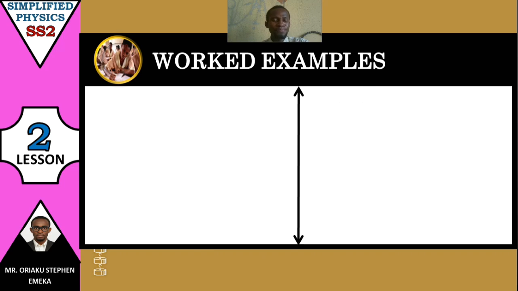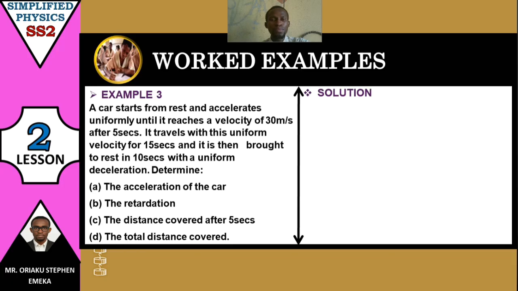Example 3. So for example 3, we have a question like this. This is more like a theoretical question. So how do we solve this question? The question says a car starts from rest and accelerates uniformly until it reaches a velocity